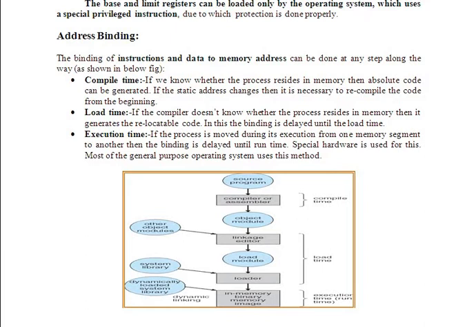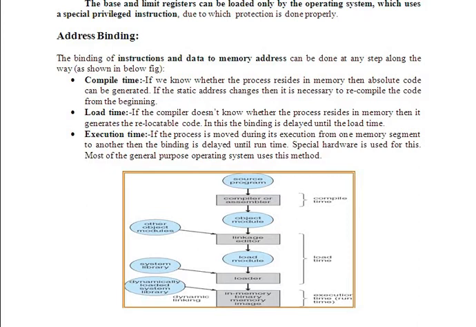Now the next thing to be addressed is address binding, because each instruction in a memory is associated with an address. Address binding can be done in three ways: compile time, load time and execution time. Let us see what they are with an example. Compile time is like, say for example, you have taken a train ticket and made a reservation, you know your seat number, your bogie number and everything.